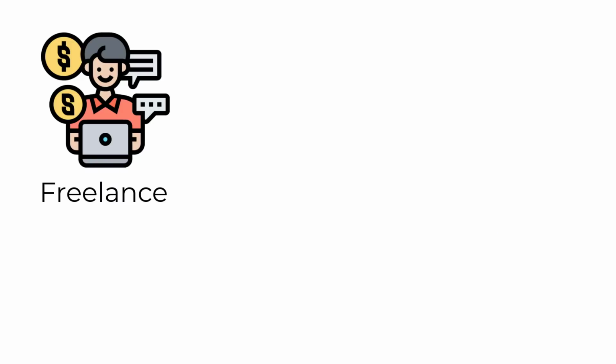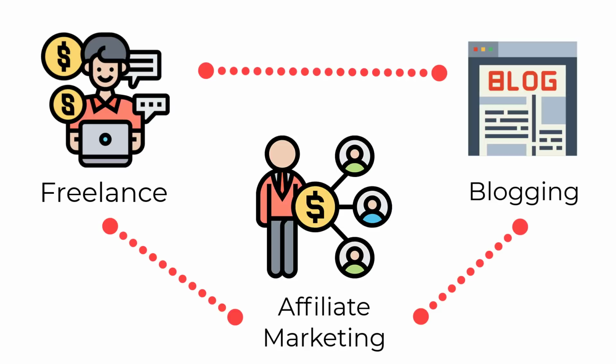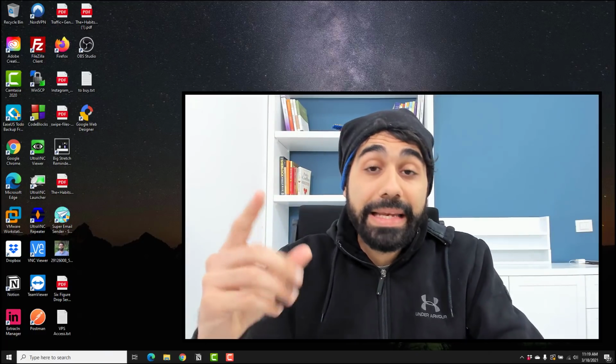Okay, so what I picked for you to connect together in this video is the 3 methods. Number 1 is freelancing, number 2 is affiliate marketing, and number 3 is blogging. Please listen carefully. I want to explain things and share some tips that really might help you to be successful in this business. So number 1 is